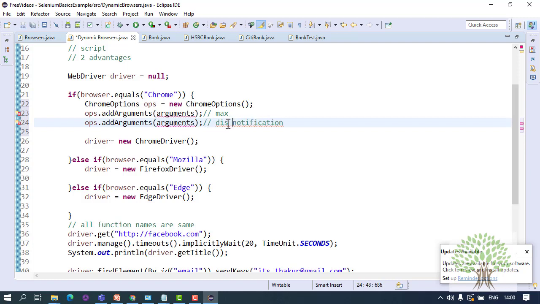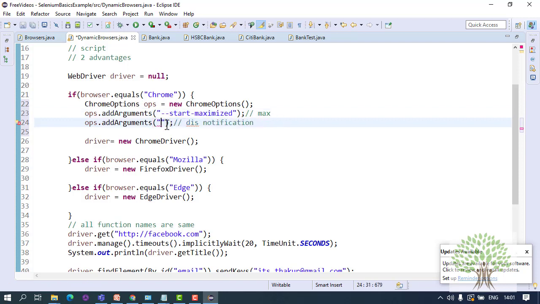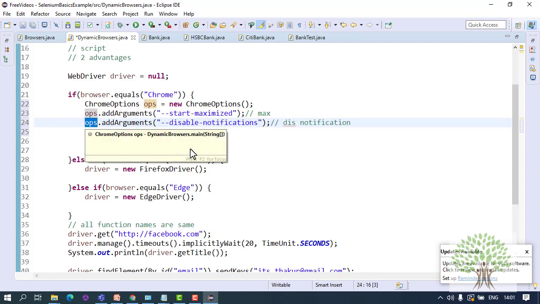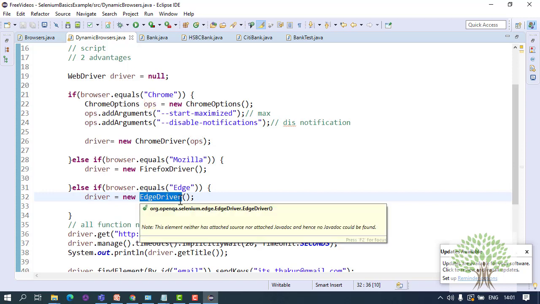Okay, so Chrome options class gives you a variety of options. So you can maximize the browser by writing start maximized, and for disabling the notifications in the browser you can write disable notifications. Fine, you can launch the Chrome browser with these options. Similarly, you have options class for Firefox and Edge as well, which we had seen in the last class.